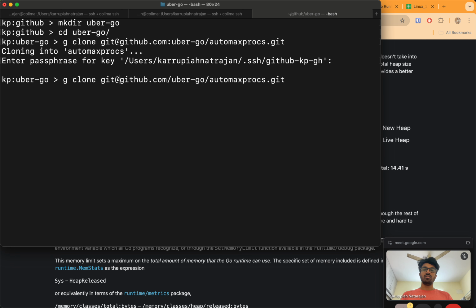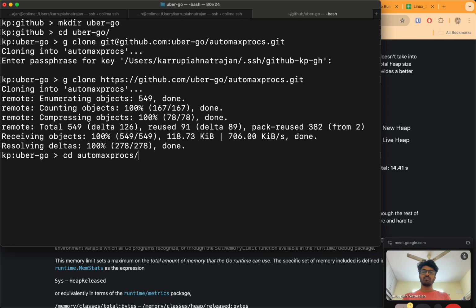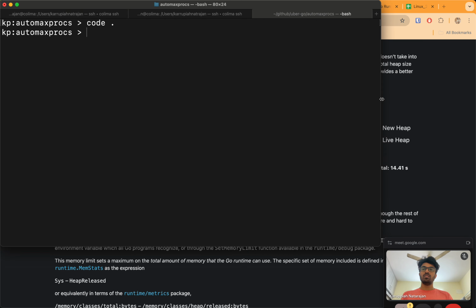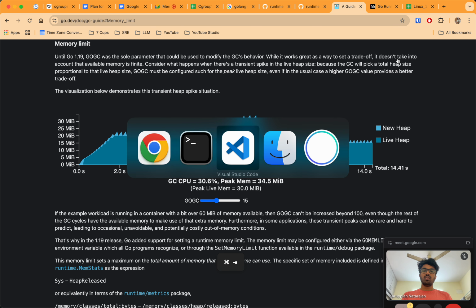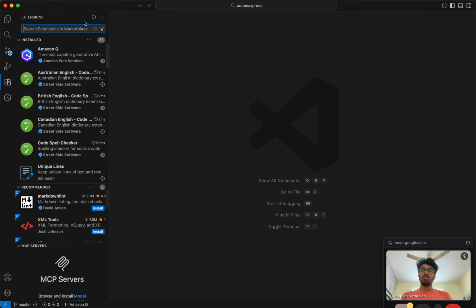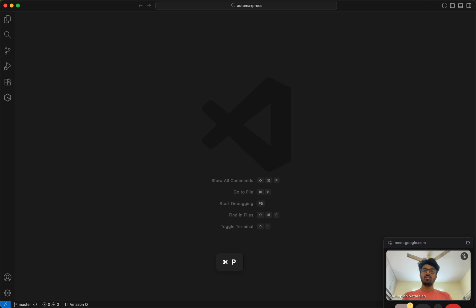Let me just use HTTPS. Cool. So I can open it up in VS Code and enable the Golang extension and start opening up stuff here.